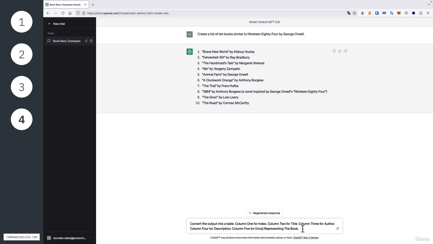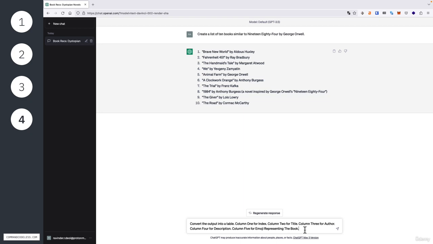So now that we've crafted the prompt and outlined the task with all the columns, let's dive into the elements of this prompt before I hit enter. So in this prompt, the input here is the list of 10 books that ChatGPT generated for us earlier. You can see it right here just under our initial prompt. So we have Brave New World, Fahrenheit 451, and so on. So this prompt is a perfect example and a perfect demonstration of using an input in a prompt, which is